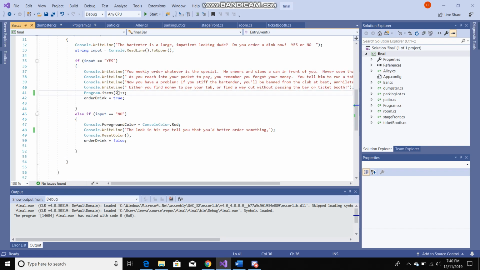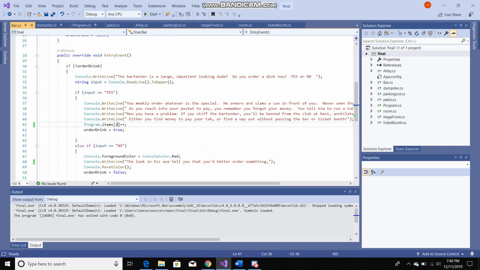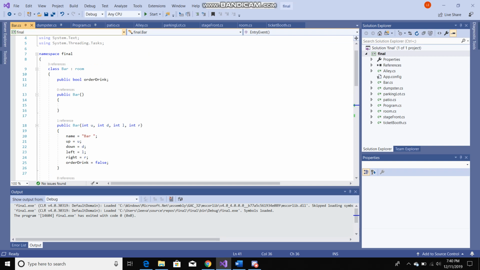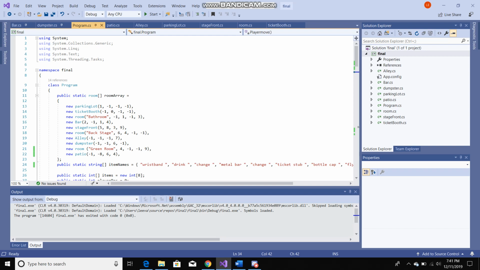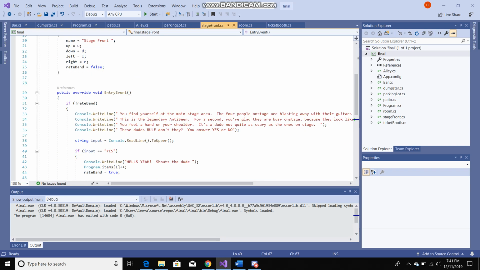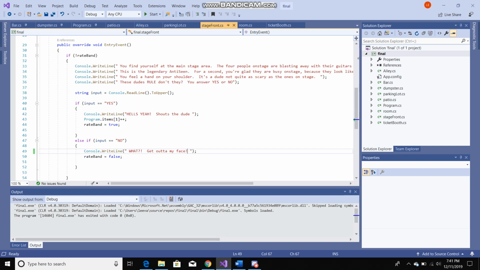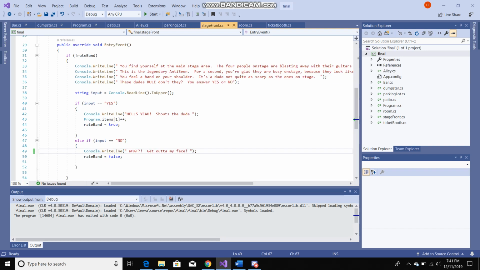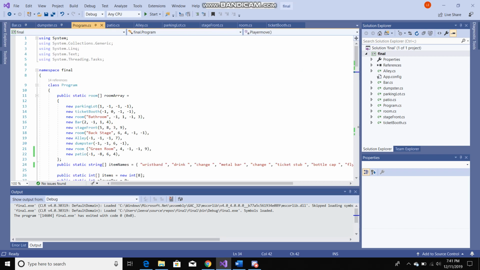And if you don't, you're basically coerced to do that. You can't move out of the bar area until you order a drink. That will allow you to go to the stage front, where there's another conversation tree with just a random showgoer who's a big fan of the band, and you can either compliment the band or disparage the band, and you'll get a different response depending on what your response is. From the stage, you can either go to the green room, where nothing really happens, or backstage, where also nothing really happens. But from backstage, you can go to the alley,